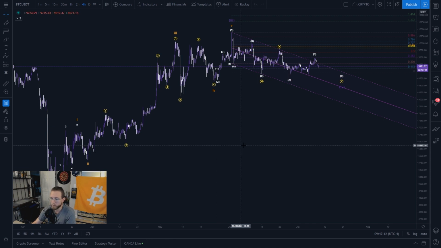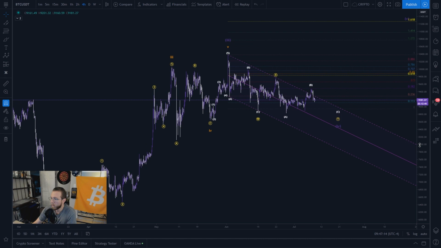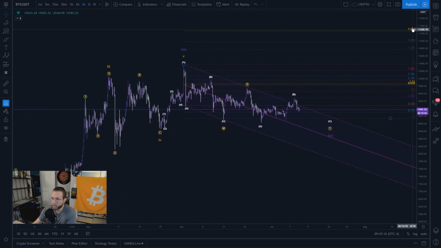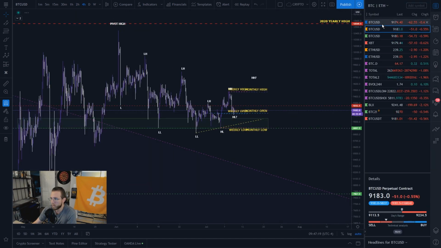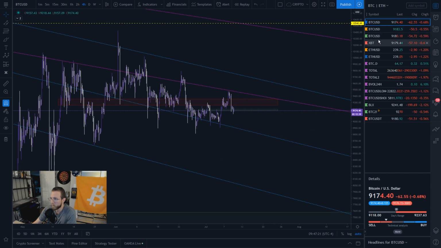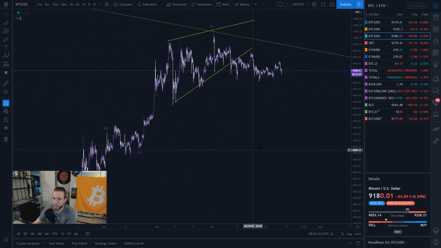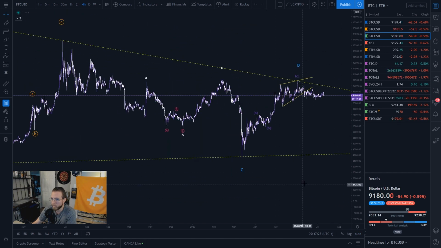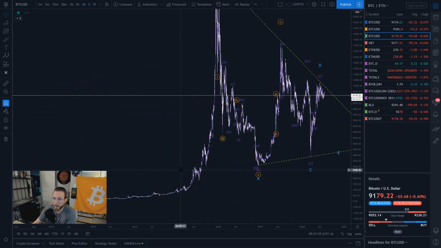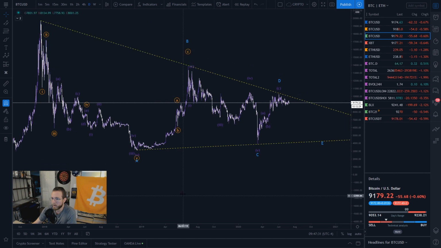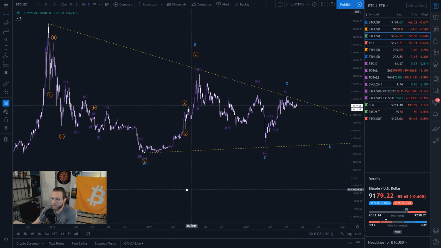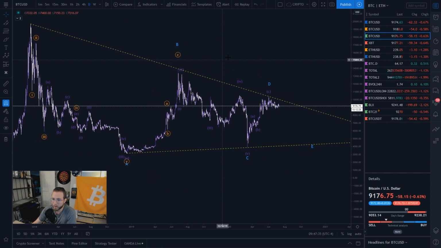This is the best bullish count that I can come up with that fits the bullish bias, just like my other count. Where is it? Which chart do I have it on? I don't even know what chart I have it on anymore. This one. Bam, there it is. This bearish count fits the bearish bias very well, calling this huge thing a triangle, and we're going to come down.